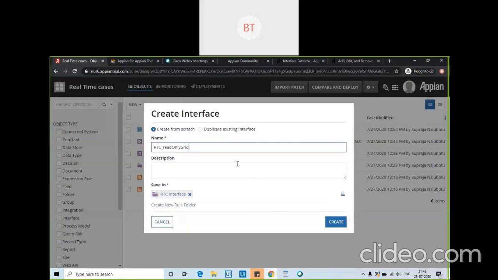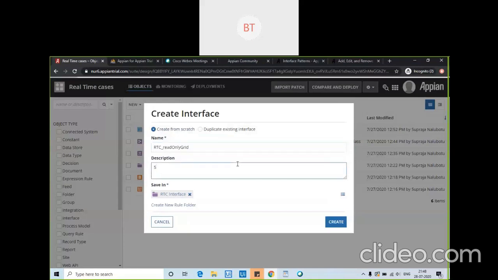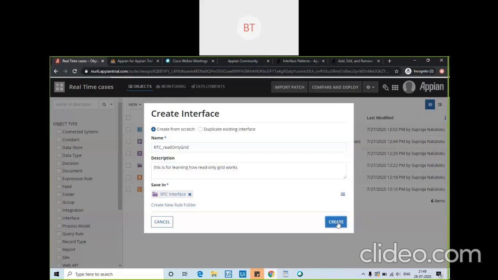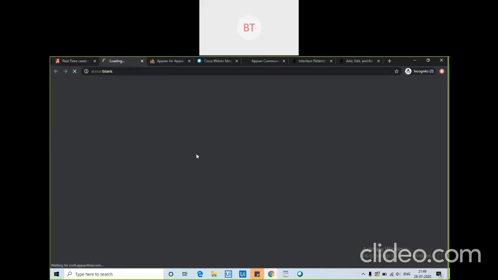Okay, this is learning how read only grid works. So it will be an easy one because templates and all now they have available in APN, so you don't need to think much for this read only at least.